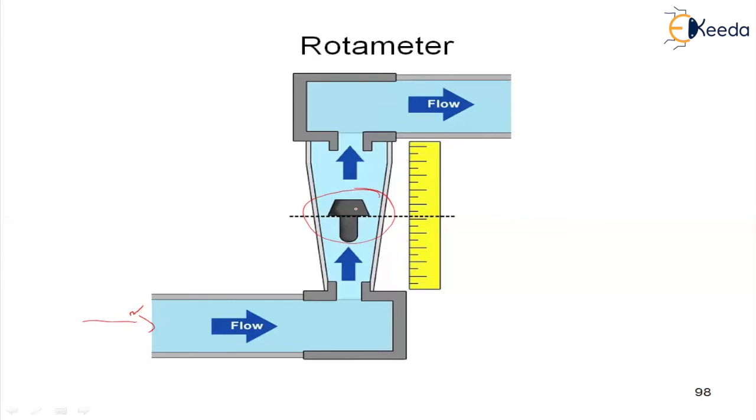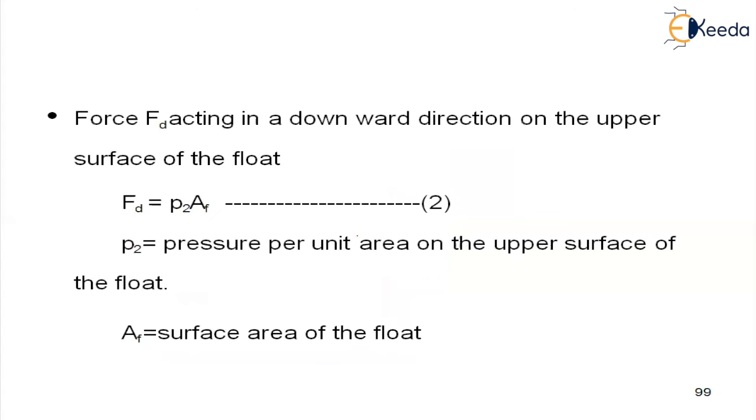Here what is happening is that the liquid is flowing from here to here, and the pressure drop is occurring because of the movement of the liquid, my dear students. Now I have explained this concept in a detailed manner. Now we are going to see the equations.